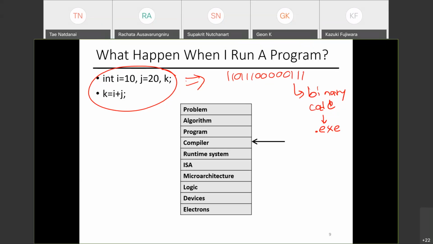The phase of making sure this program runs on a computer is handled by the runtime system, the operating system. So this is the OS, right? The OS basically copies these ones and zeros to the memory. Because these ones and zeros are understood by the machine, think of it as machine language.